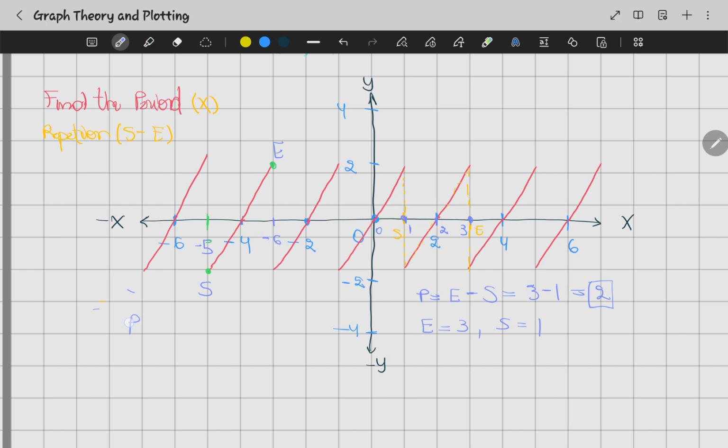So the period here will be equal to the ending minus the starting, which should be negative 5 minus, okay, and then this should be negative 3. I think that is another, okay, negative 3, and the answer to this will be negative 5 plus, that's what we did, plus 3, negative 5 minus negative 3, and the answer will be